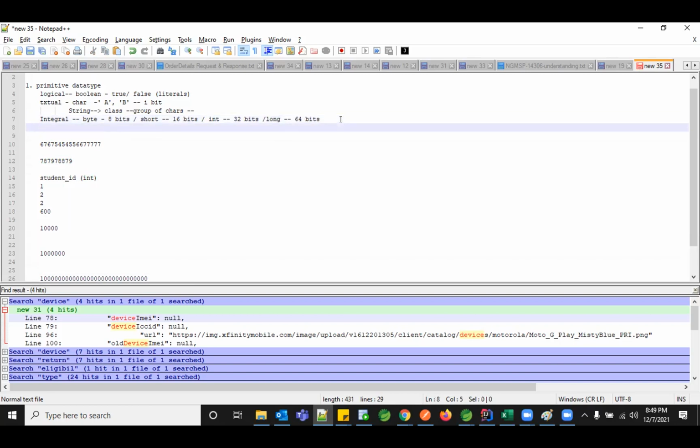And the final one is called fractional data types, or floating data types. Basically, this can accept your decimal values. There are two categories, float and double. Float can hold up to 32 bits, which is 4 bytes, and double can hold up to 64 bits. This structure matters when you're dealing with money, in a banking system or an e-commerce system, where you need to transact big values and round them off.